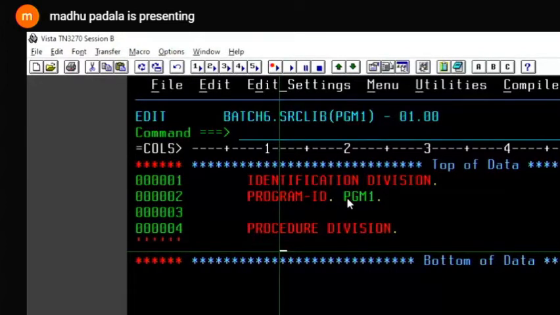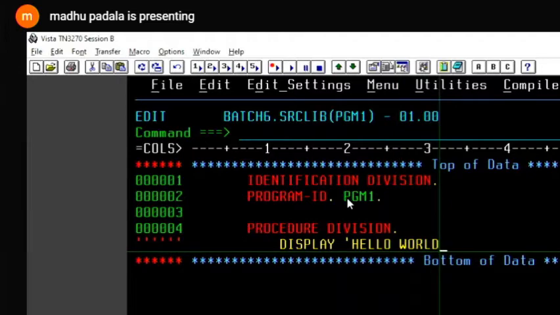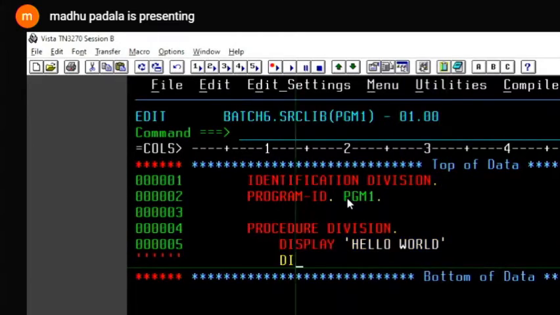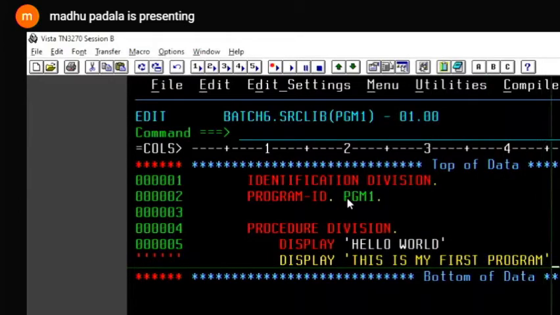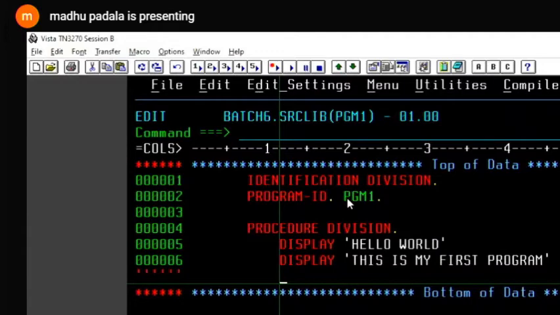Those who know C language, printf is like display here, and scanf, which takes data at runtime, is accept here. So display hello world, display this is my first program, and stop run to stop the program.